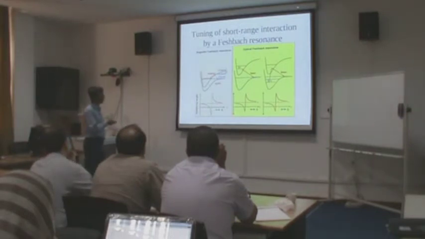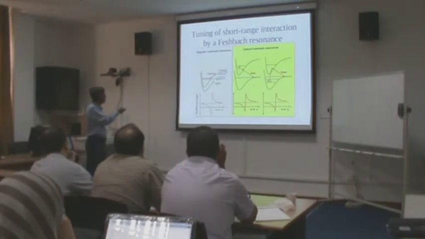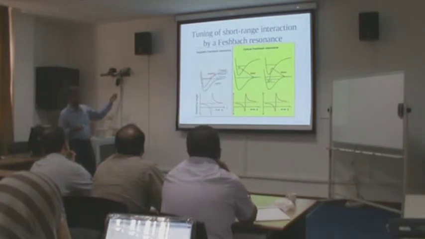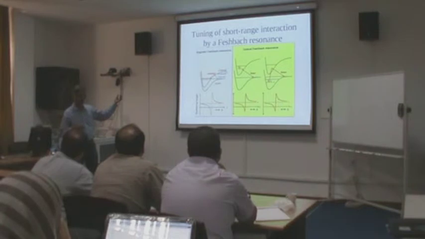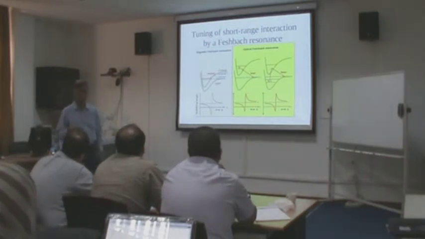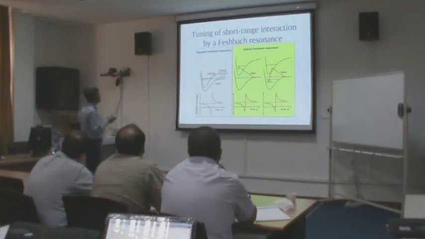This is done in this way. Suppose you have two atoms, the effective potential in the open channel, suppose you have aligned sodium atoms or aligned rubidium atoms. So the effective potential between two rubidium atoms is like this. This is the open channel, this is the potential. So it stays in that potential. It is the real potential, not the scattering length effective interaction. This is the real potential between two atoms. It has a small hole and the range is about a few angstroms. So it stays in this channel.